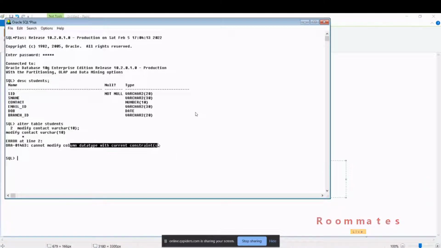Okay. तो इस पे constraint दिया है, right? इस पे कोई constraint दिया है, correct? What it is saying, cannot modify column name with current constraint because this contact number is having number data type, और हमने constraint कौन सा दिया है अभी? Number. See, length we have used, right? Length of contact number वो दिया है number पे. So we are checking that for number. So just because of that, you won't be able to